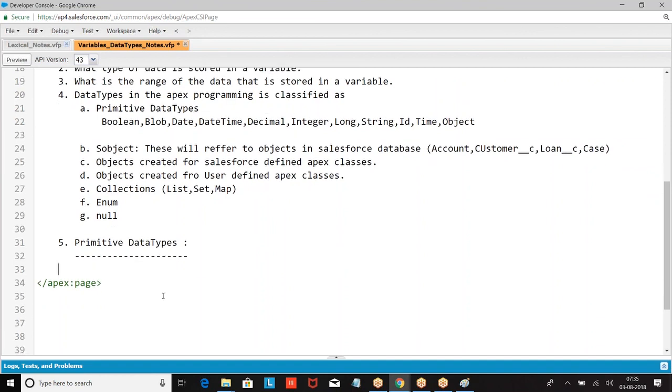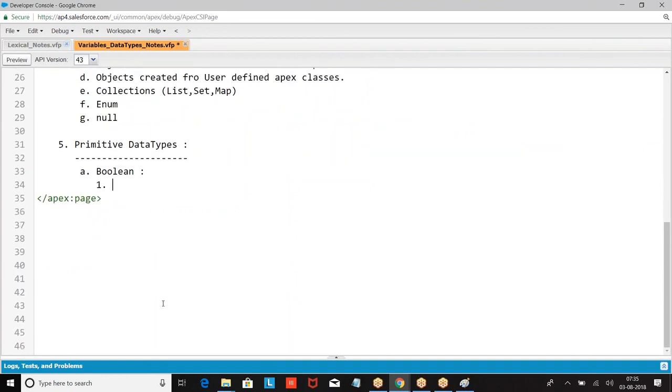So let us take them one by one. First we'll start with Boolean. So what is a Boolean? This is used to store true or false values.